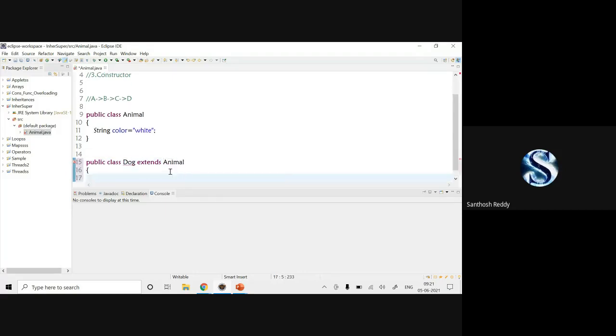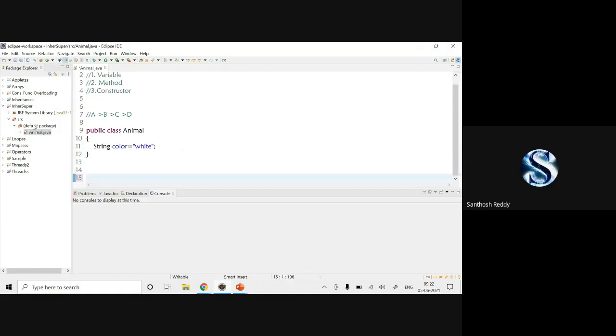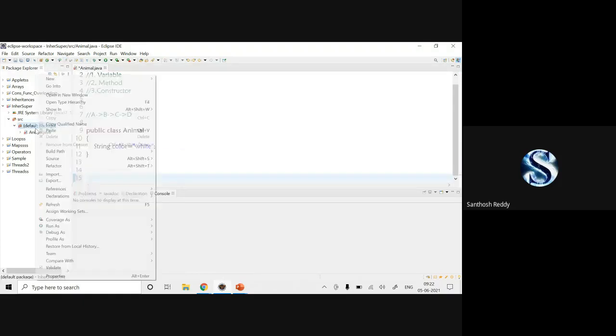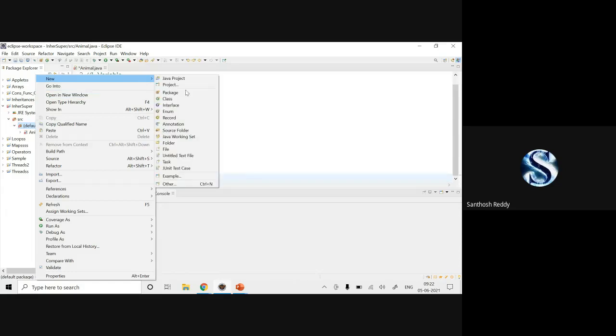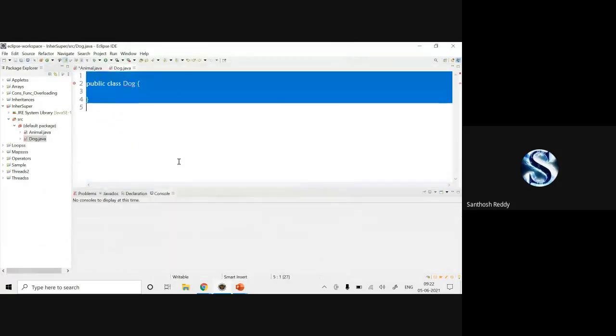Now I'm going to save. Dog must be defined in its own file. Okay, fine, I'll change the file. Control X. I'll create another class which is of Dog type, and I'll finish it.